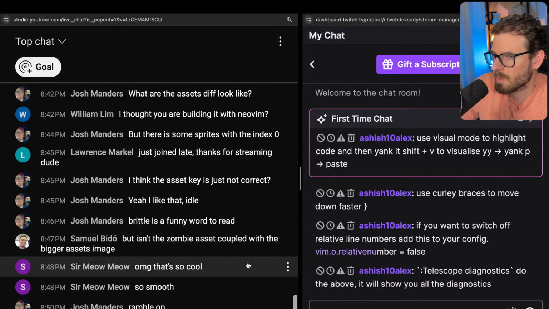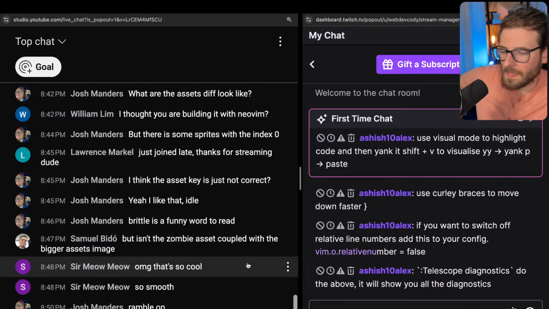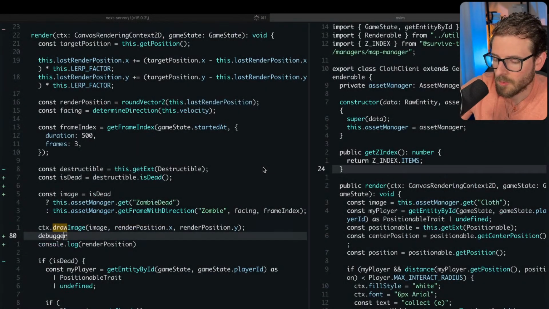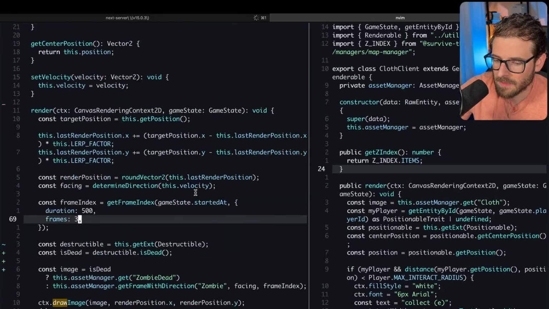You have to figure out where you want to draw the line of the decoupling. Because the asset manager was trying to decouple the idea of the sprite sheet away from the game. And so should the zombies know that there's an XY location in them? I don't know. Probably, maybe.